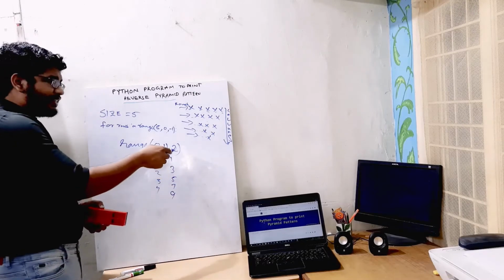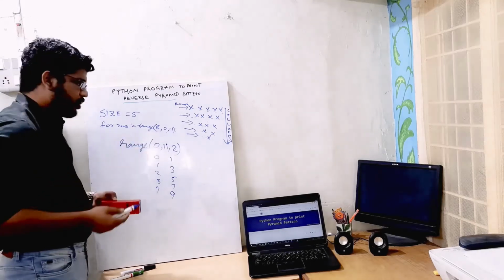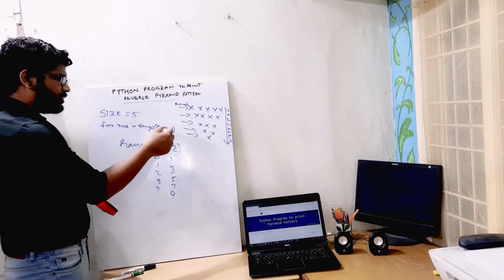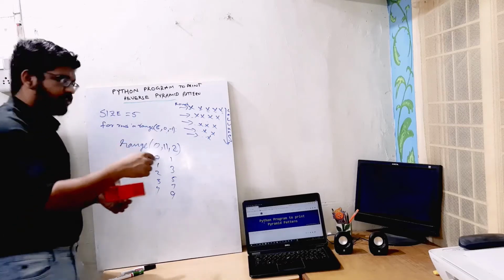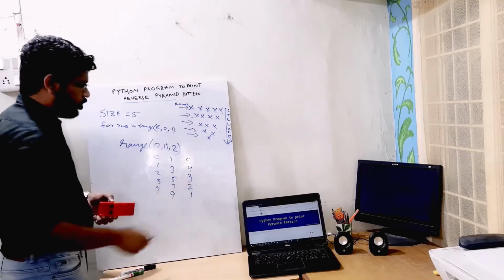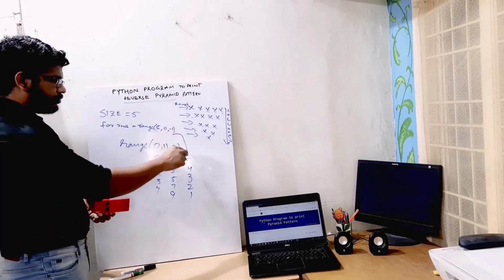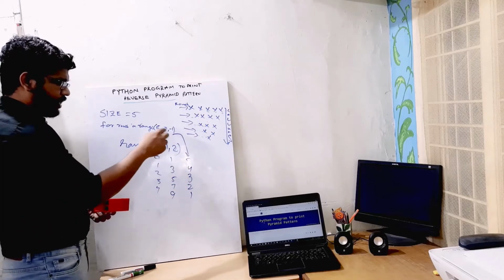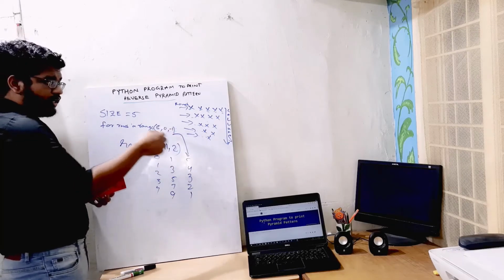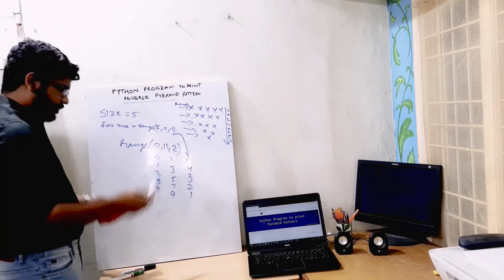The third parameter is called step, which basically skips values. So in order to achieve the reverse pattern like 5, 4, 3, 2, 1, I'll use -1, which means it will go in reverse. That is about this range.